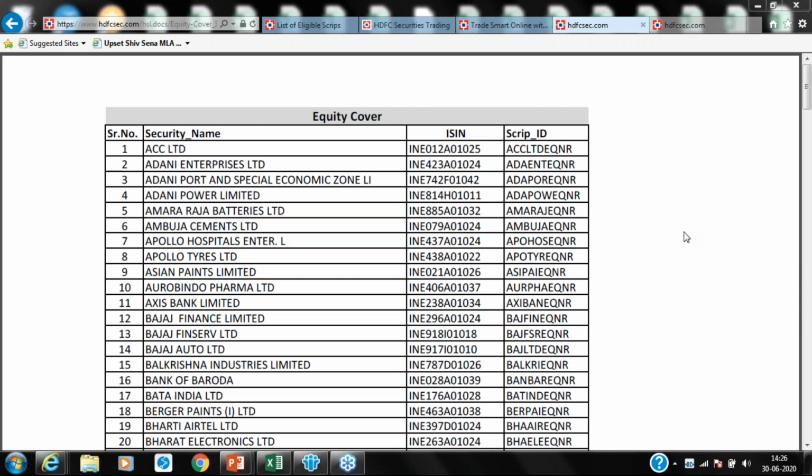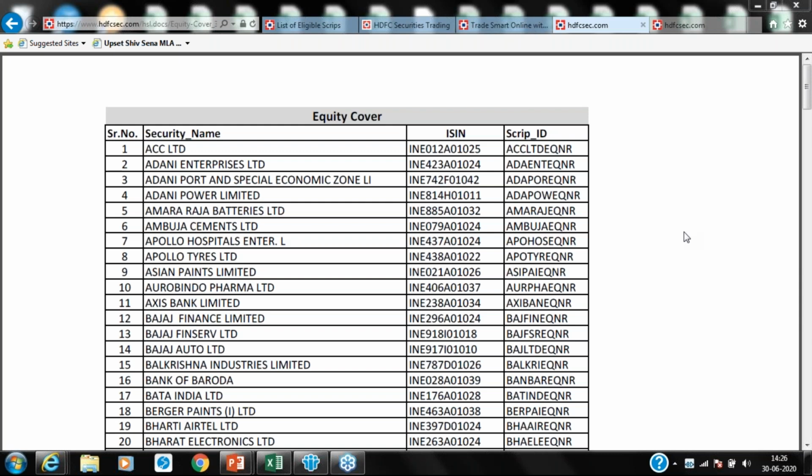Mr. Kanaya has a question. When the stop loss trigger price is hit, at what price will it be sold? Mr. Kanaya, you will be giving a stop loss trigger price while placing an order, but you can exit from your position whenever you want before 3 p.m. In case the market goes up, you can go to your order book, modify your stop loss, exit at the market price, or exit at whatever price you want.